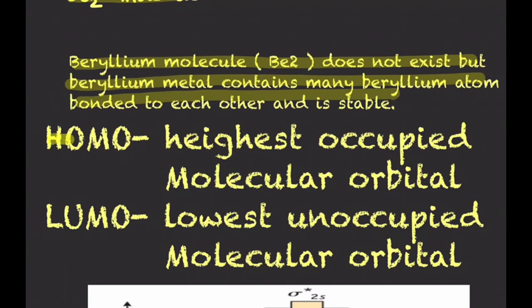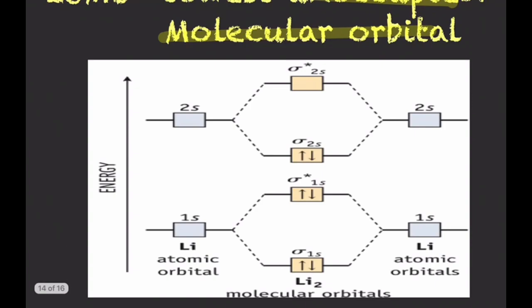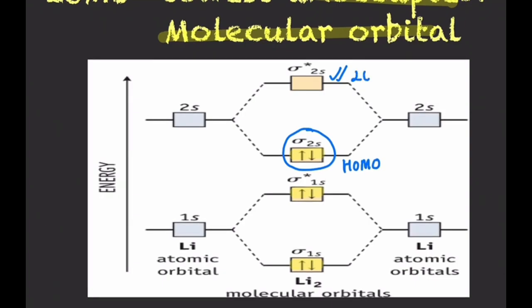So here we can learn about two things: highest occupied molecular orbital, from the energy diagram for lithium molecule. Suppose here we have taken an example of lithium molecule. So this is the highest occupied molecular orbital. In terms of energy, the next orbital, sigma star 2s, is the first orbital which is unoccupied, so we can say that this is the lowest unoccupied molecular orbital. So these are the terms which we can use in questions, highest occupied molecular orbital and